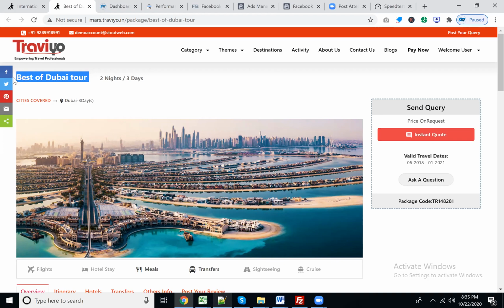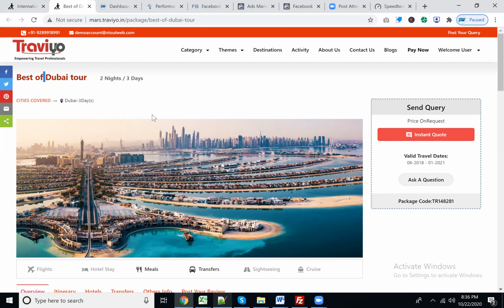So in your website, there must be an H1 tag, that is your header. The Travio website is developed in such a way that you need not read about anything. Your system is going to manage your H1 tag automatically through the bot that we have developed. Your bot in the backend is going to set your H1, H2, H3 tags automatically. But the only thing you have to concentrate on is your URL structure.